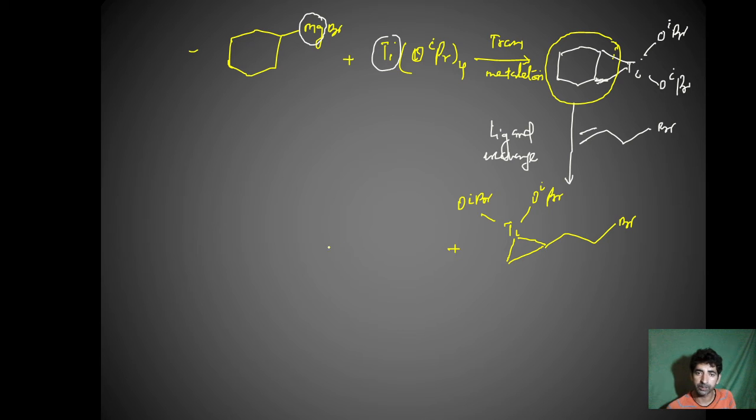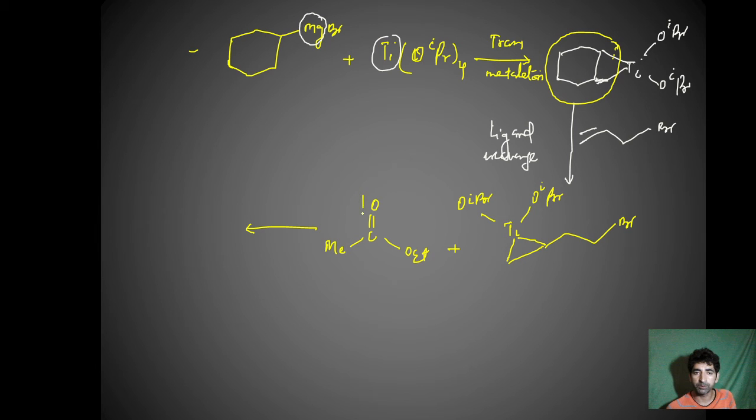In the next step it reacts with the ester. So the ester given in the reaction is Me C double bond O OEt. This is the ester which is given in the reaction step. Now in the third step what happens? A 5-membered ring is formed. Now let us form a 5-membered ring.